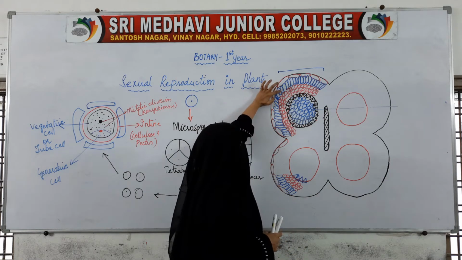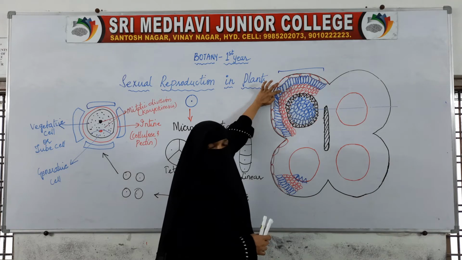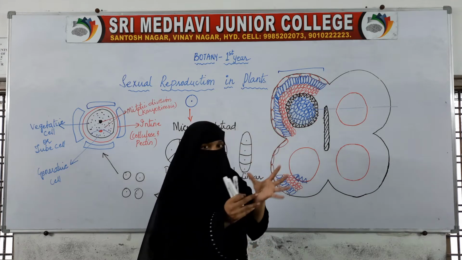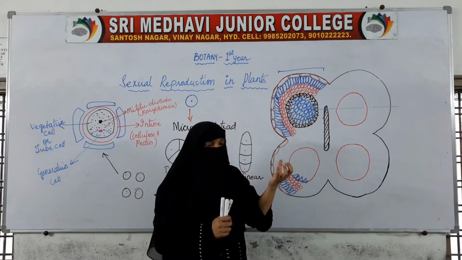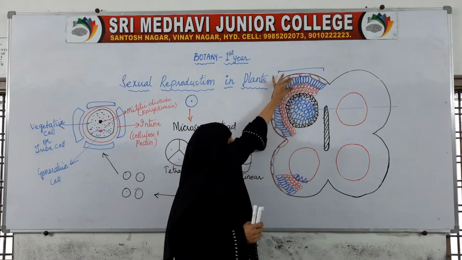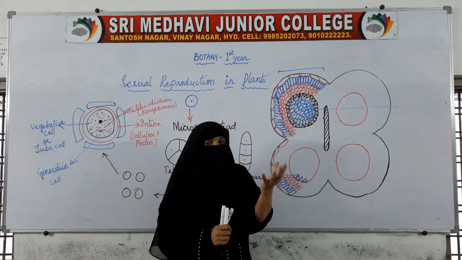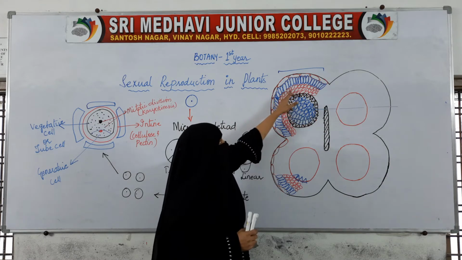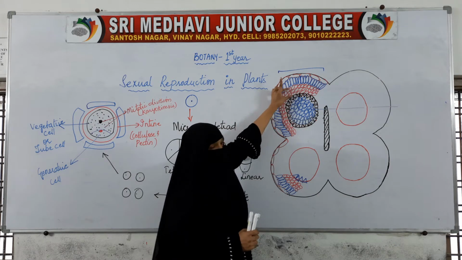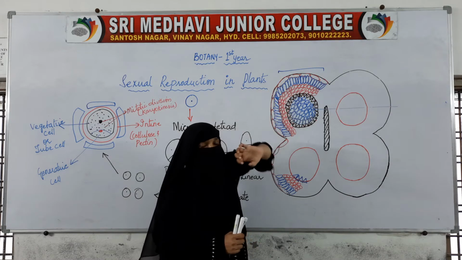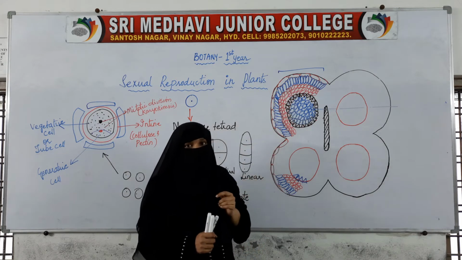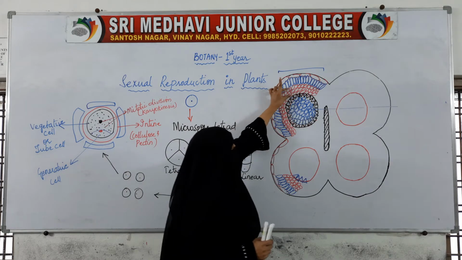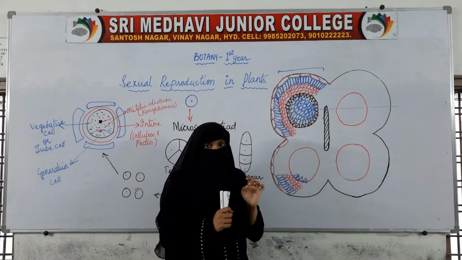Then we have seen the second layer, which is made up of radial cells that are very compactly arranged. They have callose thickenings, which makes this whole structure fibrous and unbreakable. Then we have the third layer, the middle layer. It consists of 3 to 4 rows of parenchymatous cells. This is the first, second, third. So 3 to 4 layers of parenchymatous cells together make the middle layer.